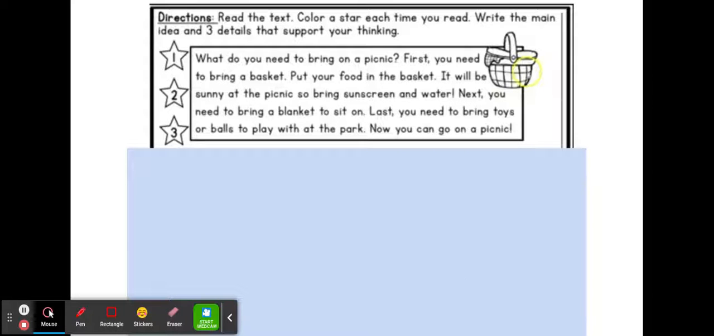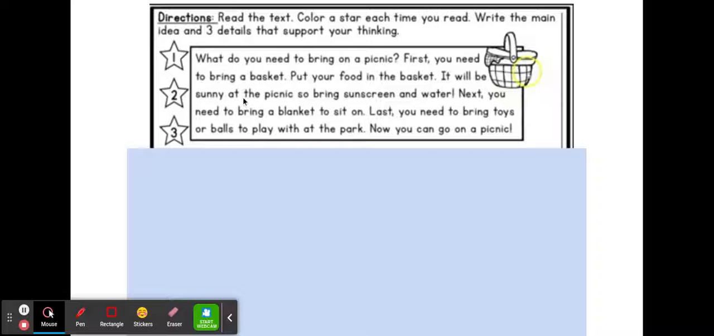Okay, I'm going to read this passage to you. After I'm done reading, we will together identify the topic of this passage, identify the main idea, and then find those details that are explaining the main idea. It